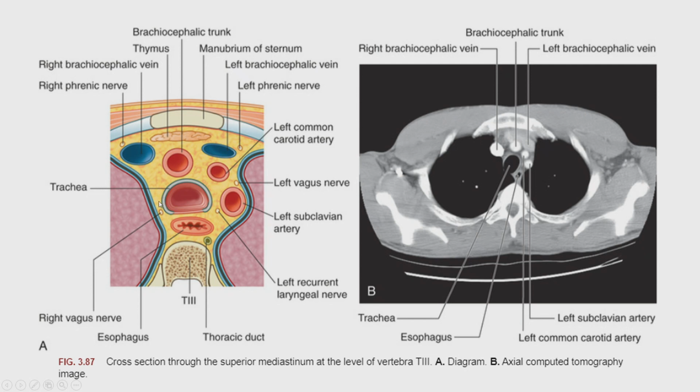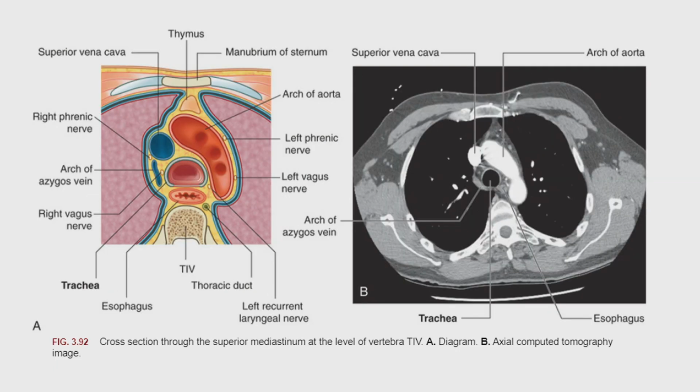You don't see the right recurrent laryngeal nerve on the right side, because the right vagus nerve doesn't reach the thoracic cavity; it makes the recurrent laryngeal nerve, looping around the subclavian artery. Very important. And finally, here is the thoracic duct, another structure that carries three-fourths of the lymphatic drainage of the whole